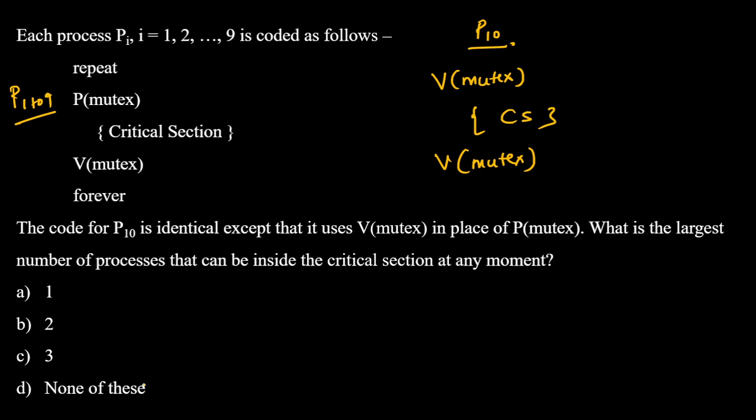Now suppose let's say that this is my critical section over here. What they are saying, mutex means what type of semaphore it is? The semaphore is a binary semaphore, right? Now see, they have not mentioned anywhere that this is a binary semaphore. Only with the help of mutex I can say that this is my binary semaphore.